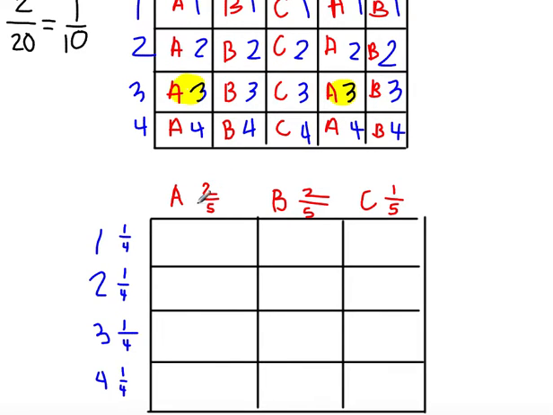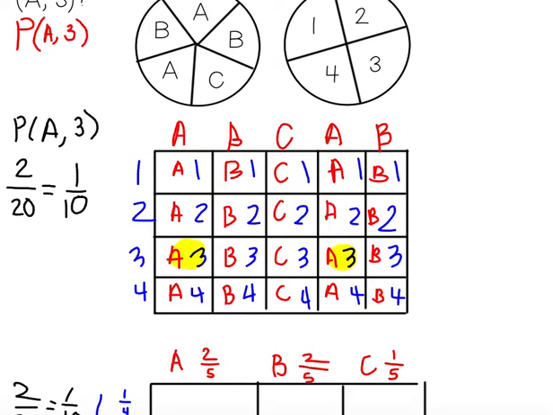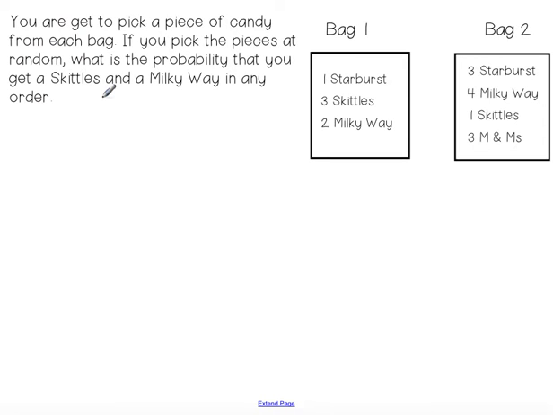So I'm looking for the probability of A, which is 2/5, and I'm going to multiply it by the probability of getting a 3, which is 1/4, and I get 2 times 1 is 2, and 4 times 5 is 20. So I'm getting the same probability, 2 over 20, which I already know is equal to 1 over 10. Okay, so that is an example with 2 spinners. Okay, so now I'm going to look,